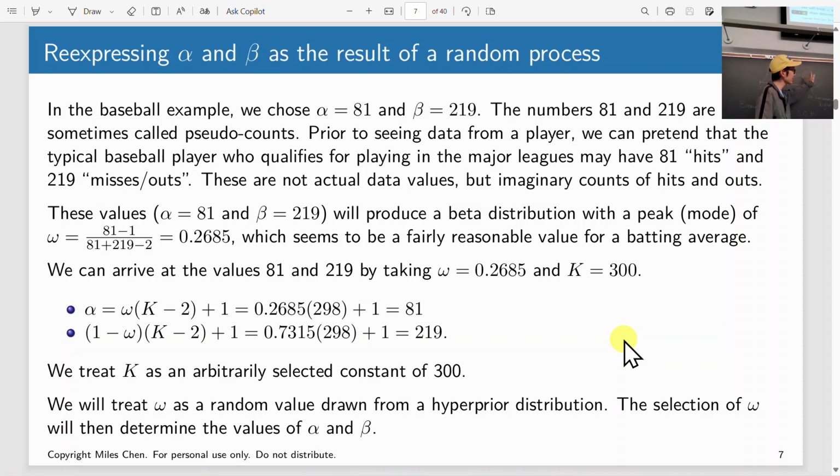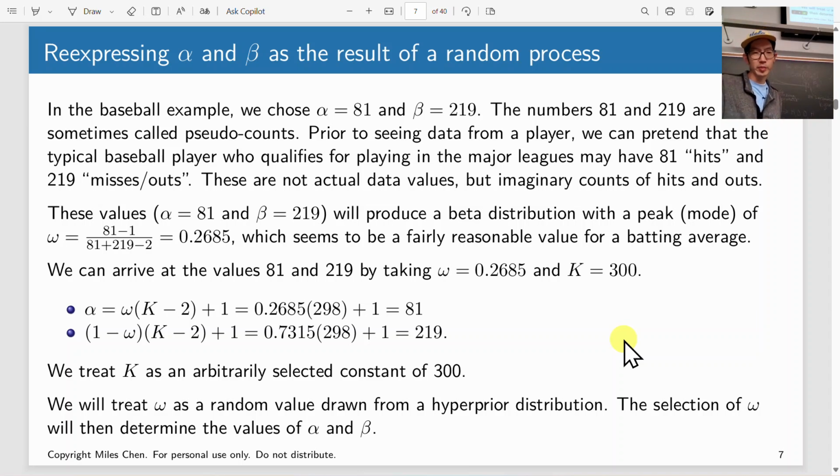You got 5 hits and 5 outs. So your updated parameters at the end were 81 plus 5, 219 plus 5, and it was 86, 224. You basically just add your number of yeses and nos to these shape parameters,